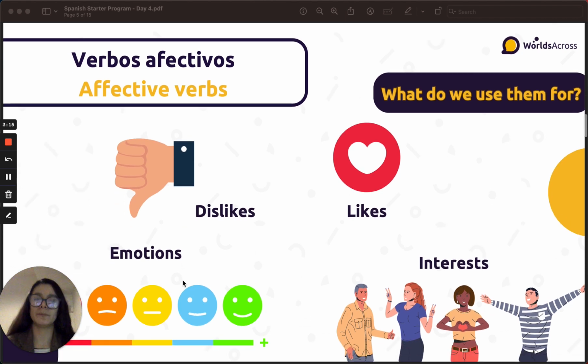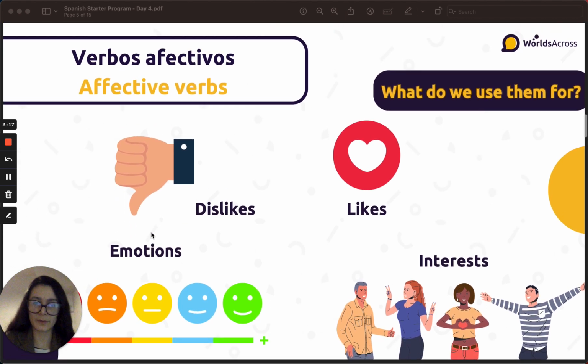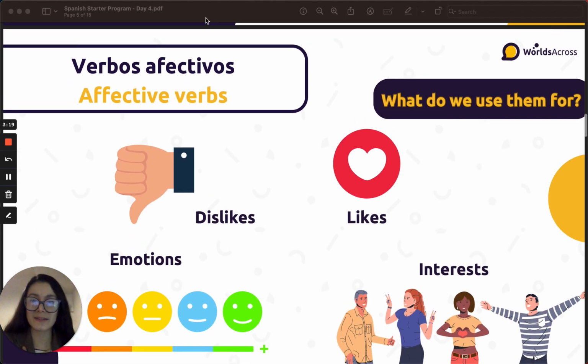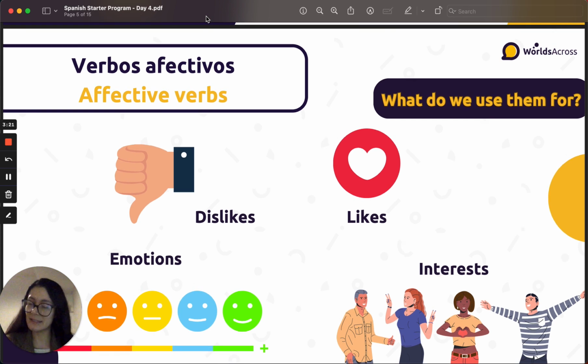So what do we use them for? We use these affective verbs to express dislikes, emotions, likes, and interests. See? Gustos, likes; disgustos, things we don't like; emociones, emotions; and intereses, interests, okay?